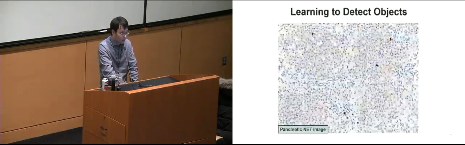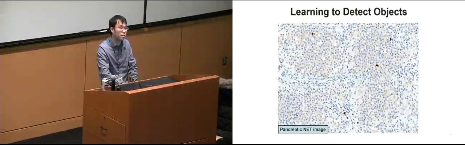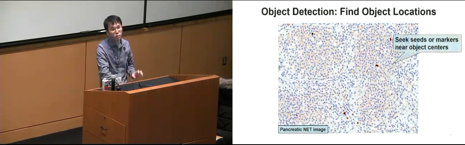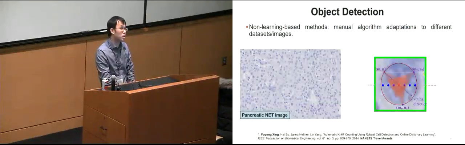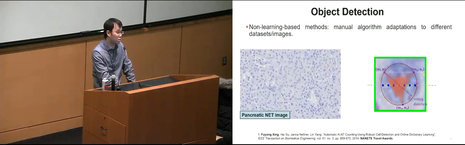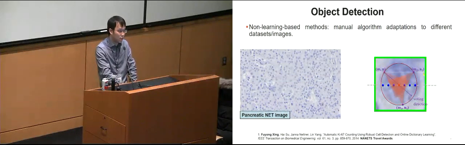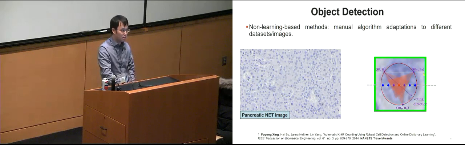First, object detection is to detect the objects in the images. Where are the objects in these images? Usually, we want to find the geometric centers of the objects. And of course, there are many algorithms or methods you can use for the object detection. For example, this is one of the algorithms we developed, I think 4 years ago, based on the radial symmetric voting algorithm. This is a non-linear based method to detect each item of the objects.